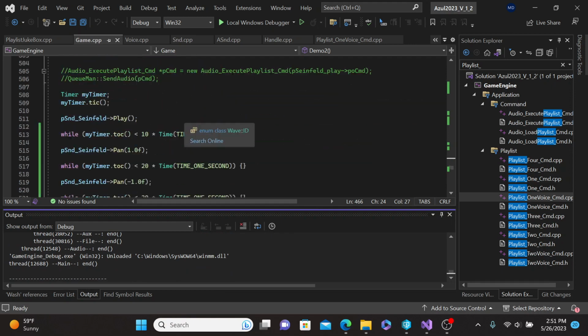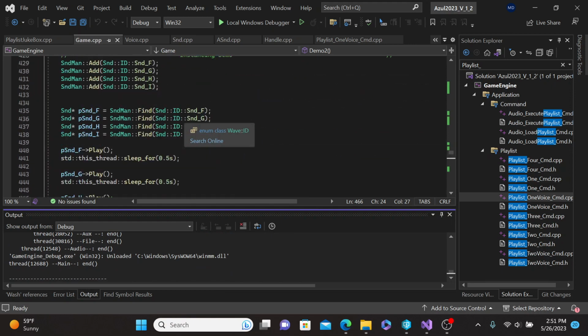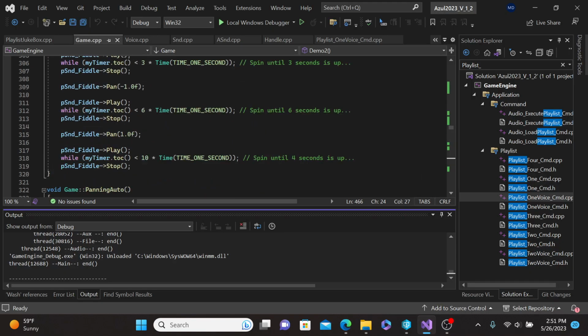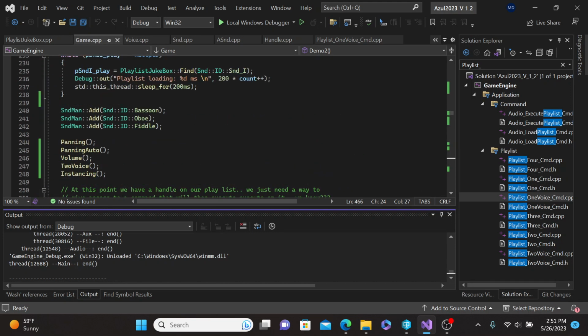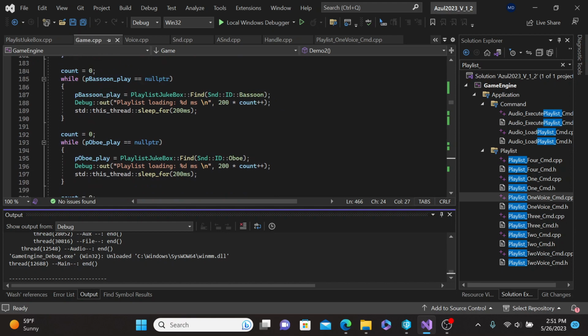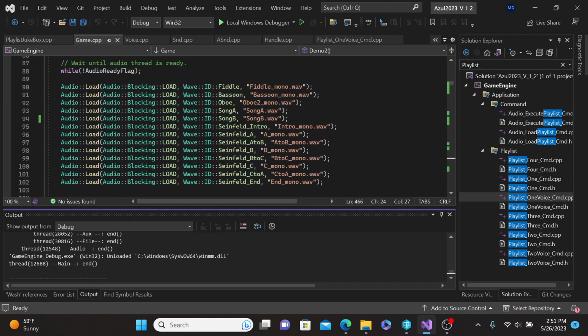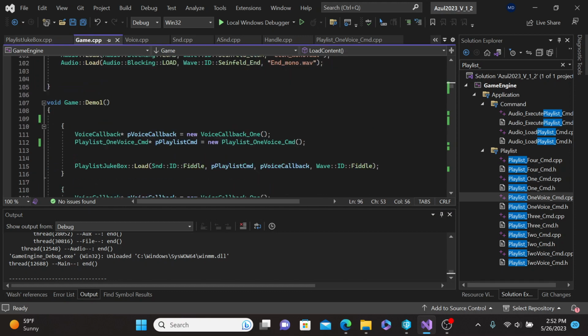Very good. Okay, so let me just go through how the demo works. Make sure I'm recording too. Okay, thank God. Alright, sweet. So, okay, so I'm loading up all of the waves in load content here. So that's getting all of our loads going, and then